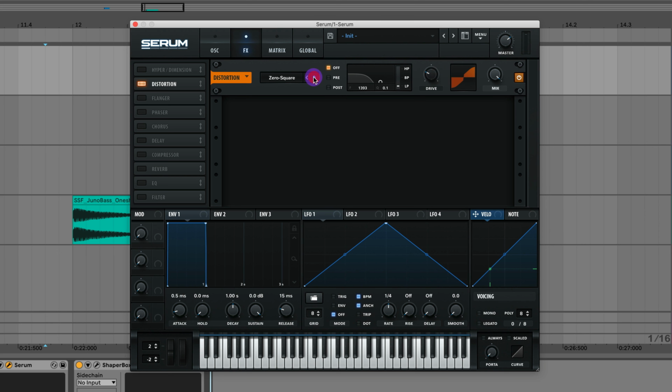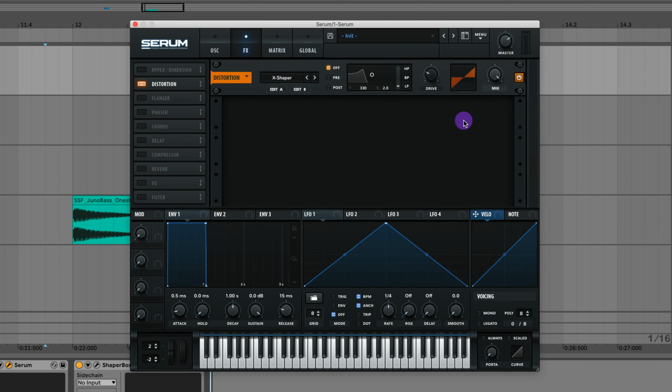Another pretty crazy one. And then we have the zero square. And if I increase this drive, it's essentially a square wave now. That's a very square wavy sound. Downsample, which downsamples the signal. Pretty familiar sound. Like a bit crusher, asymmetric,